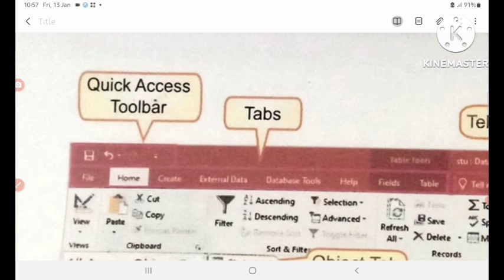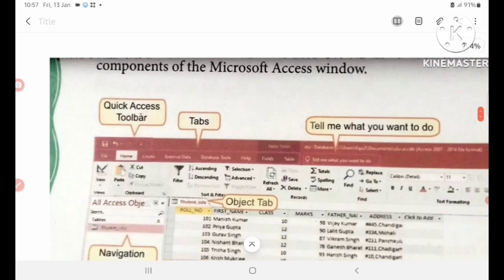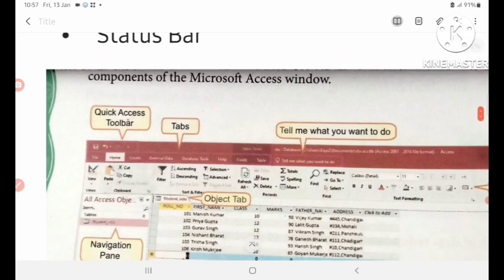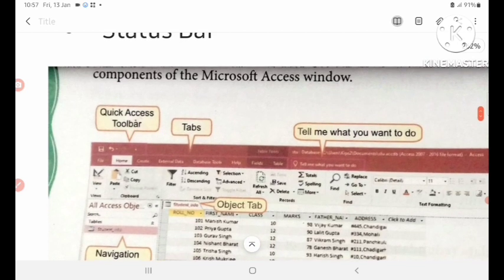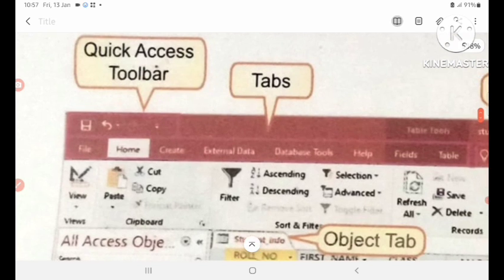This toolbar is present at the top left corner of the window. It contains the most frequently used command buttons such as save, undo and redo. So in the quick access toolbar you will see the save button, undo button, redo button.